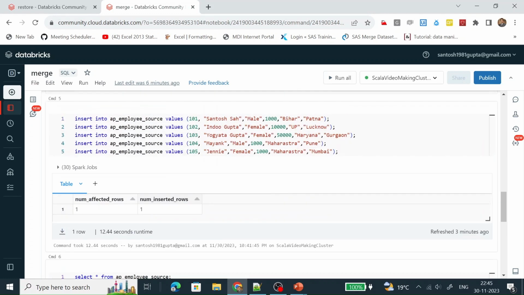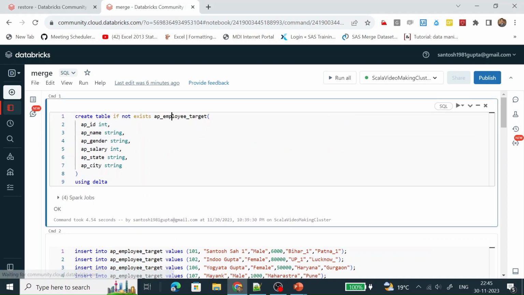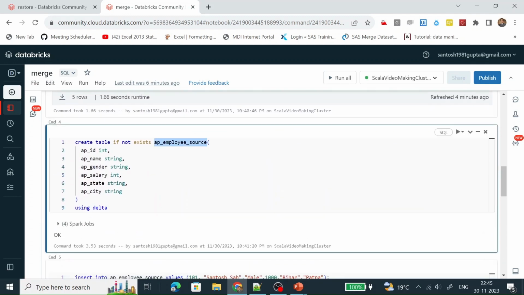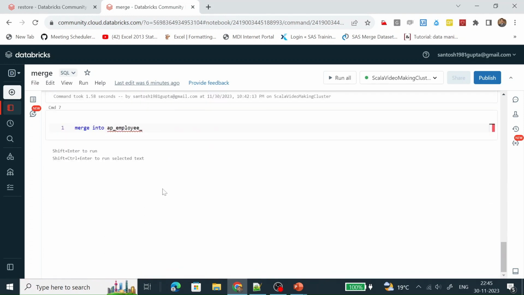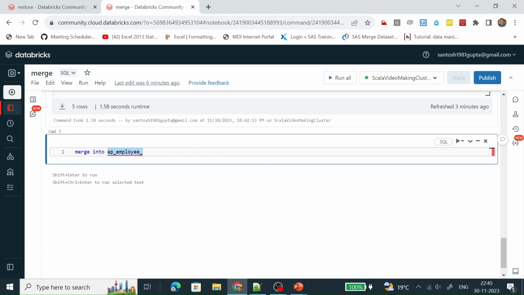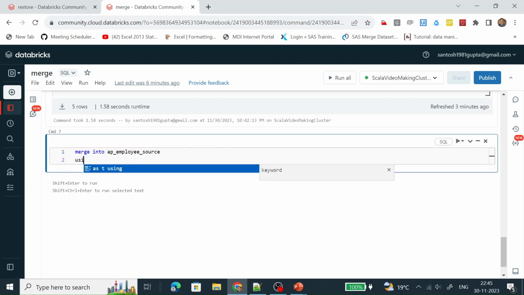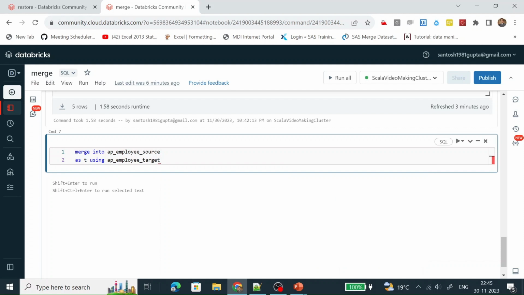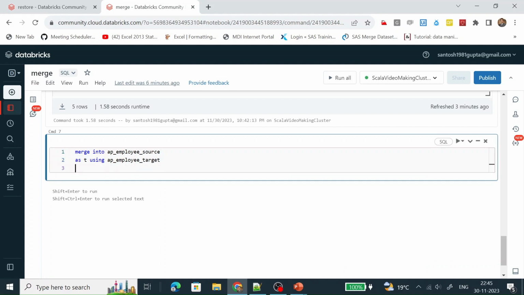Let me just copy the table. This is AP target, this is AP source. Using which table are we merging it? We are merging with the AP target table. On what basis?